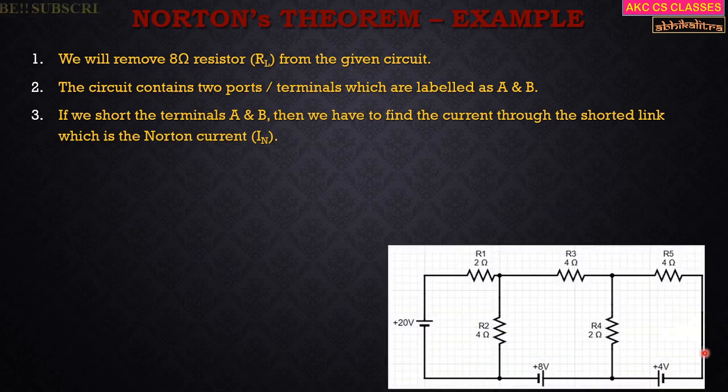So how does it look? It will look something like this, and the terminals A and B are over here, right? So we have to find the current that is flowing down the wire A and B, and before doing that we will mark or label all the junctions present in the circuit, right? So we have labeled them as A, B, C, D, E, F, G and H. Again, the labeling is according to your own convenience and wish, right? The next work is that we have to find the current flowing down the wire A and B.